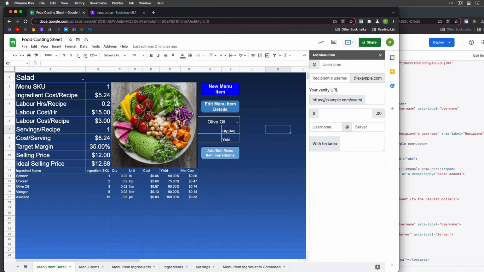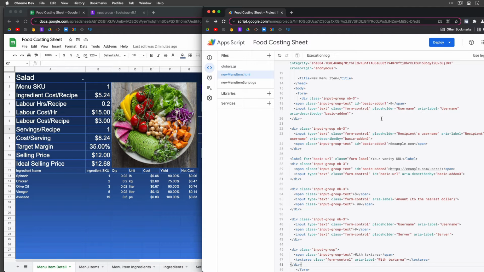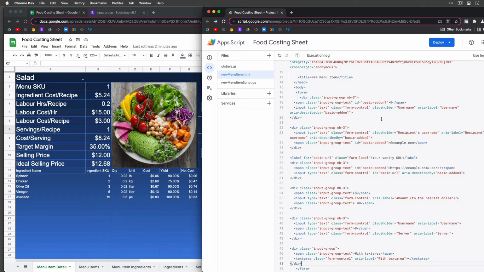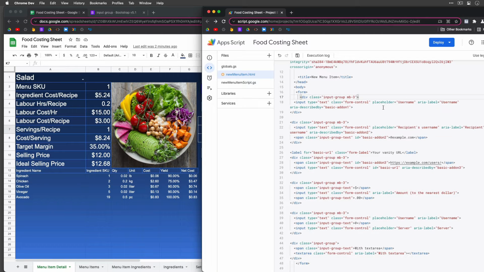So the first one we have here is @username. And we're going to change that to the menu item name. The input type will be text, and the placeholder will be